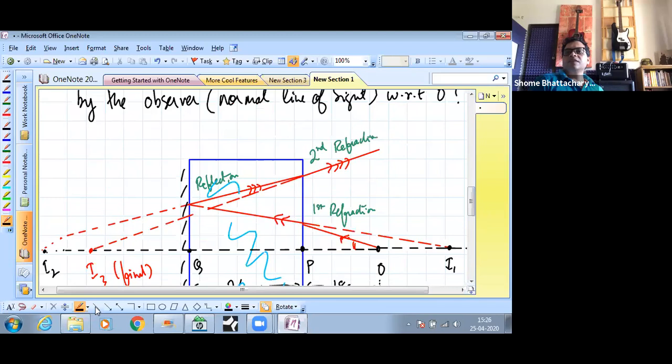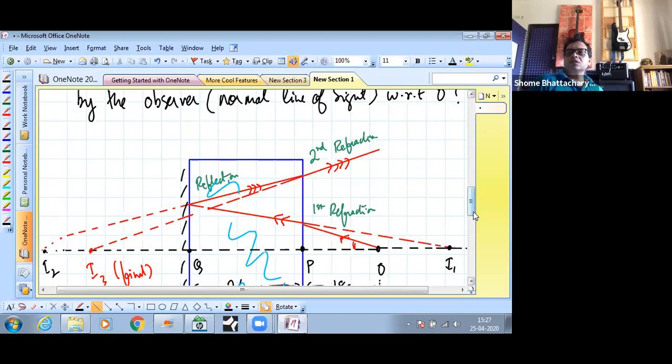Now these reflected rays, after reflection, are going and getting incident on the glass-air interface. So they are bending away from the normal lines. These rays are actually coming from what? As far as this interface is concerned, what is the object? It is the position from which these rays are coming. So that's nothing but I2. And after refraction, they are diverging further such that you have to produce them back to get the virtual image